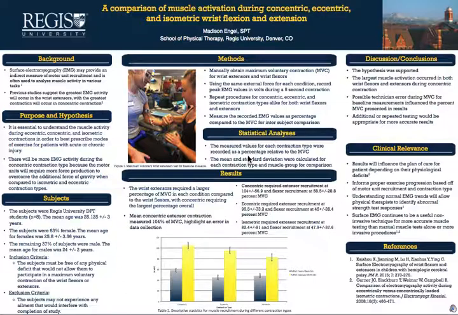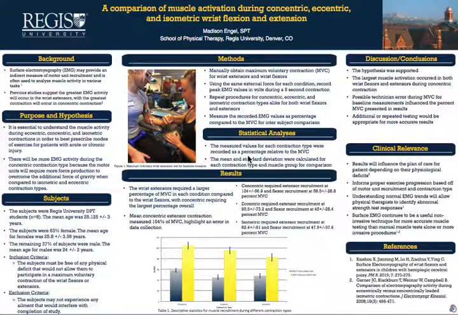The graph at the bottom of the page shows that percentage of MVC for each contraction type. The yellow bar indicates extensor activity, while the blue bar indicates flexor activity. You will notice that the yellow bar, the extensor activity for concentric contractions,